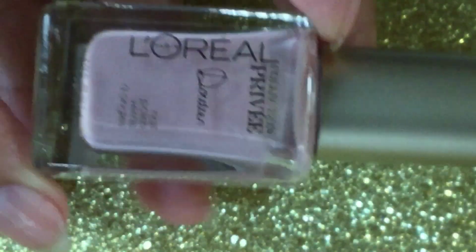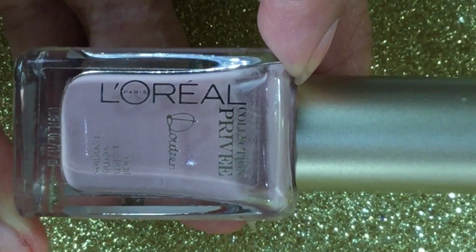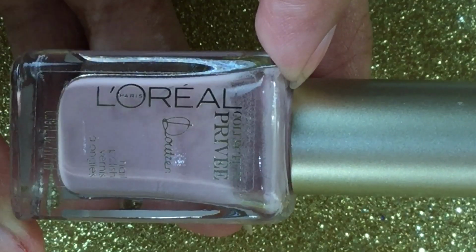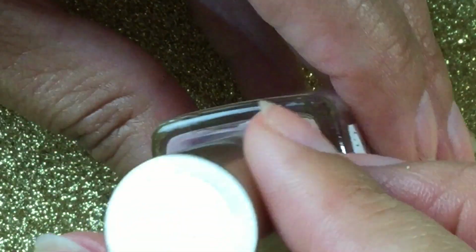I have some L'Oreal polishes here that are not in the like etched bottles. These are like drugstore L'Oreals. And let me make sure I have them all. Looks like I do. So a while back, L'Oreal, this was years ago, put out a collection of like perfect nudes, and they like got celebrities to come up with their perfect nude. I ended up buying this